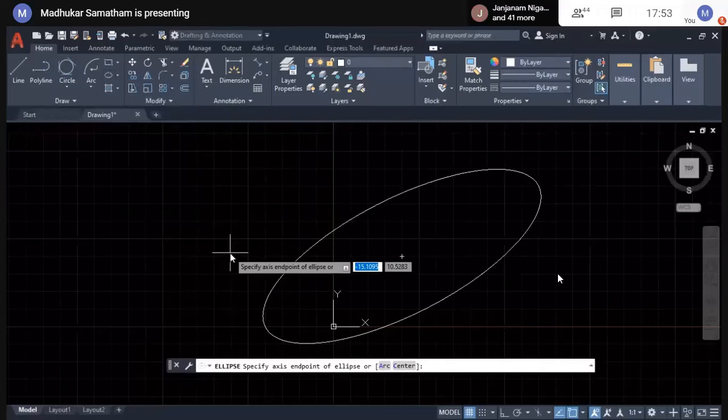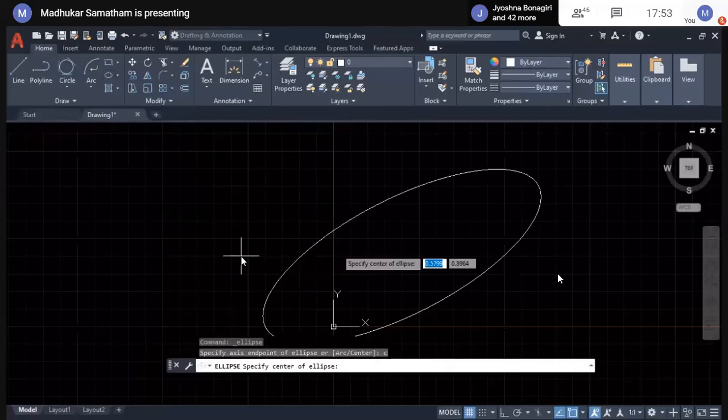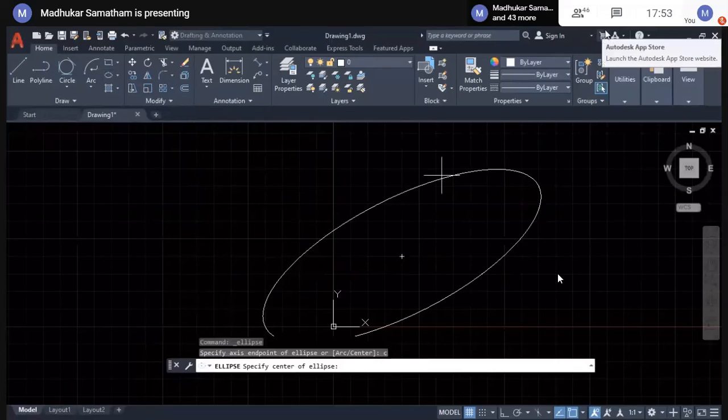Here I will select the center point, type C. Whenever you move your cursor over the perimeter of a curved structure, the center point will be displayed, or else it won't display any center point. So whenever you find any curved structure and want to select a center point, move your cursor over the perimeter of the curved structure.